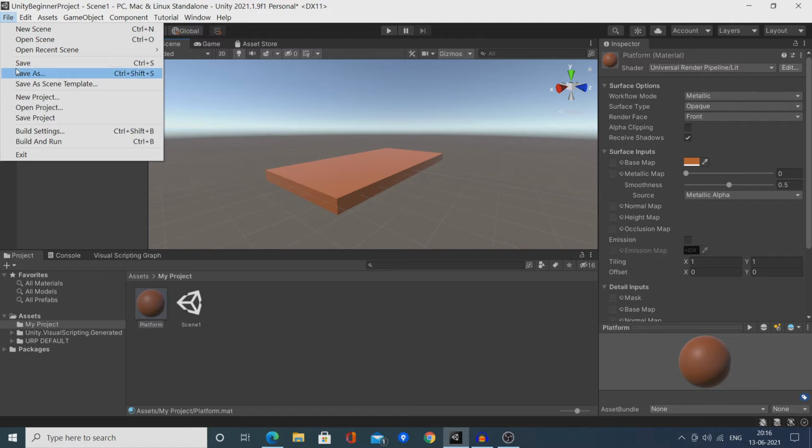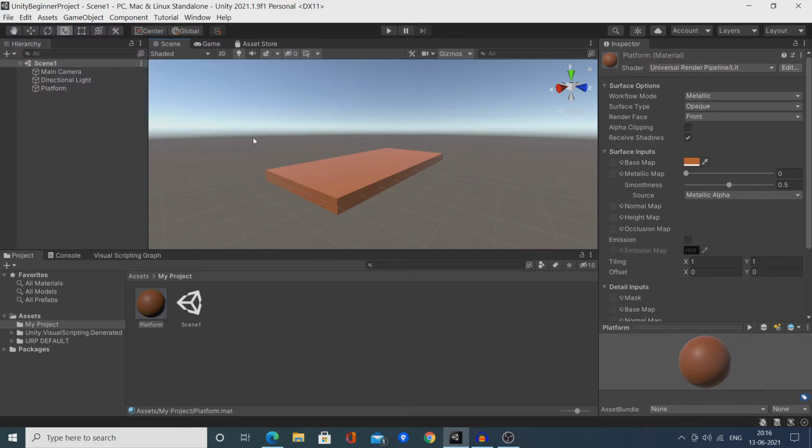Save your scene by using the File Save option in the menu bar or by using the shortcut Ctrl+S. It is a good practice to save your scene in between. If Unity crashes, you will not lose your work. Click on the Select tool in the toolbar to come out of the Scale mode.